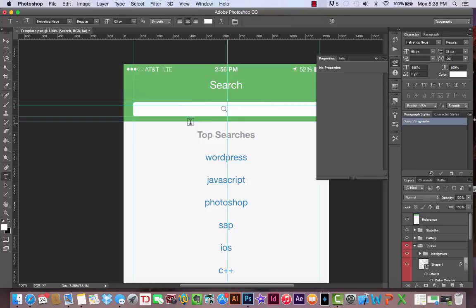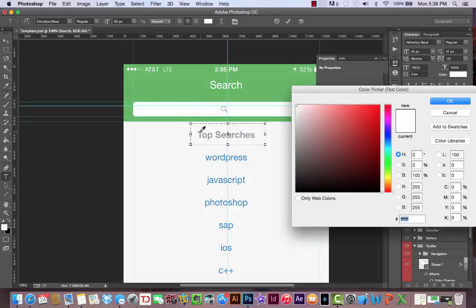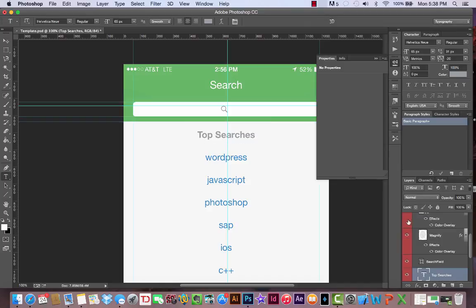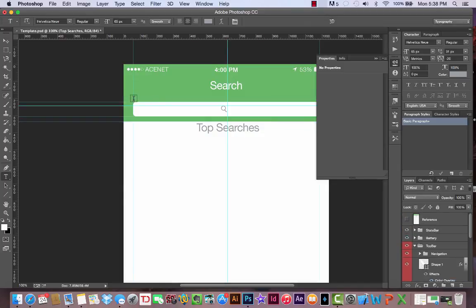We need a top searches, and then a couple different categories, and these are going to be different colors and looks like weights. So top searches, and it's white. I'm going to grab my color picker tool and just grab this color. There we go. And we can't see it right now, obviously, because it's under our reference. So I'm going to hide the reference, drag this down just a tad,